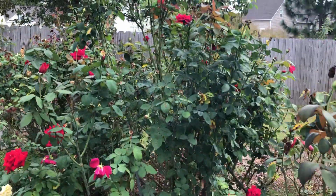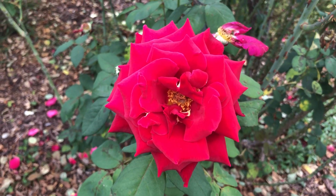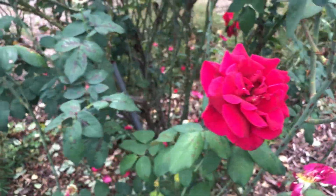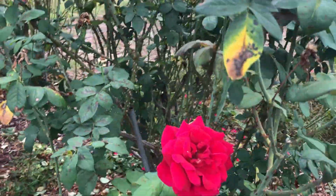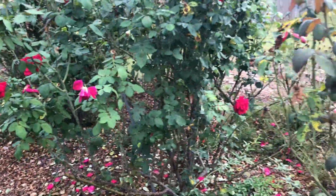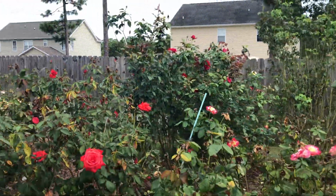My all-time favorite, Mr. Lincoln. Again, the biggest downside is the blooms go from pointed and closed to open really quickly. But man, those reds are just outstanding. And I just wish in these videos you could smell, because the fragrance is the best thing about Fenner's Mr. Lincoln. It's probably one of my top 3 all-time favorite roses. It's just a good growing rose. You can see, of all the good growing roses in the garden,